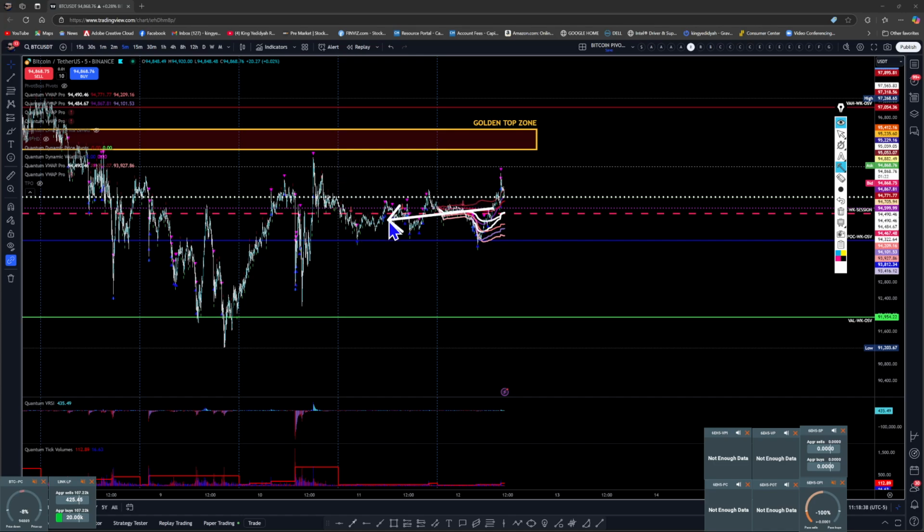So the buyers are looking strong right now. They're holding up this level here, and we're not getting a terminal shakeout so far, right? So the buyers are looking to take price back above this level. Now you see me label this right here. This is a golden top zone, right? So what we're gonna do is go over to the 1 hour chart,